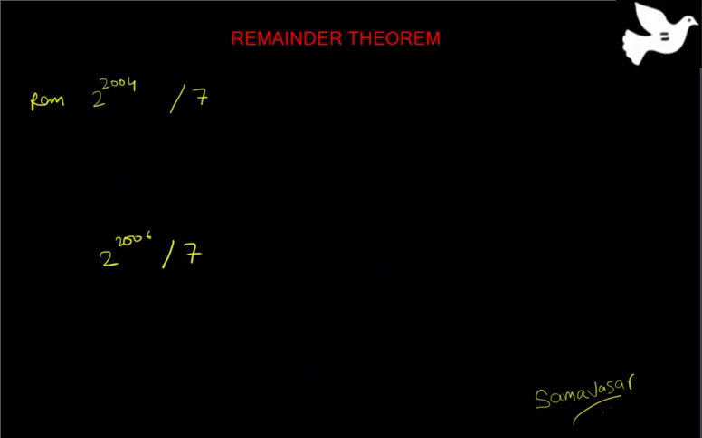Okay, now let's take this example. If you have 2 raised to the power 2004 and we have to find the remainder when that is divided by 7. Now, like I told you in the concept video, you are supposed to try to get this number in some ax plus 1 form, raised to the power whatever. You can see that 7 is equal to 8 minus 1, 8 is equal to 2 raised to the power 3. So what we do is we take out the power of 3 here